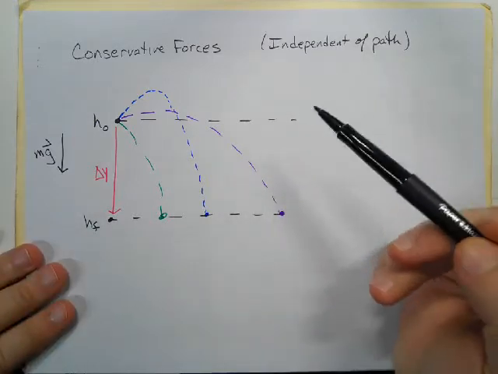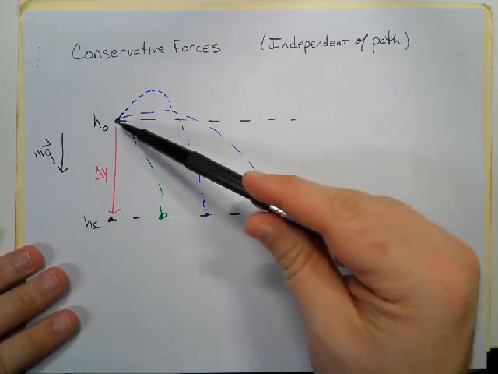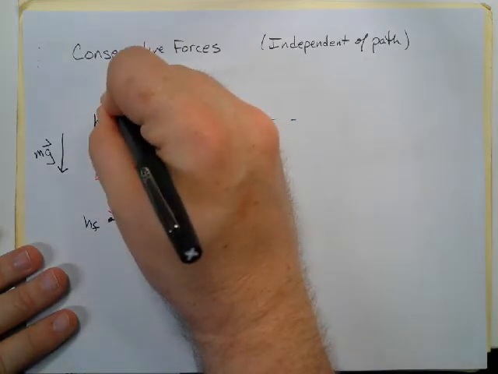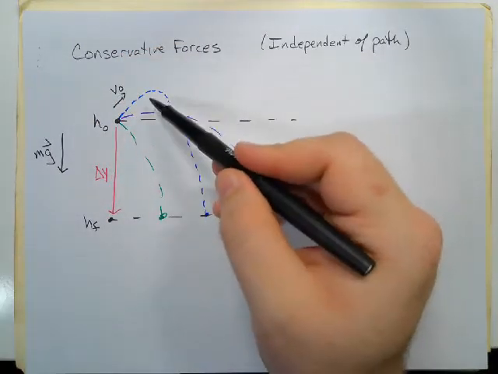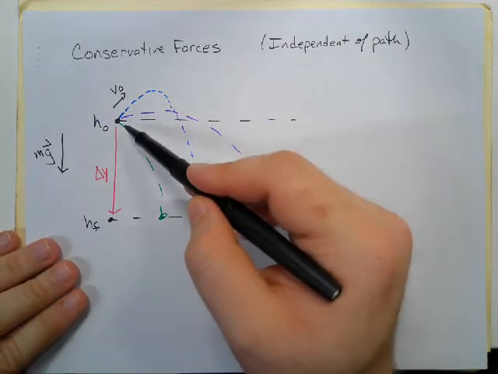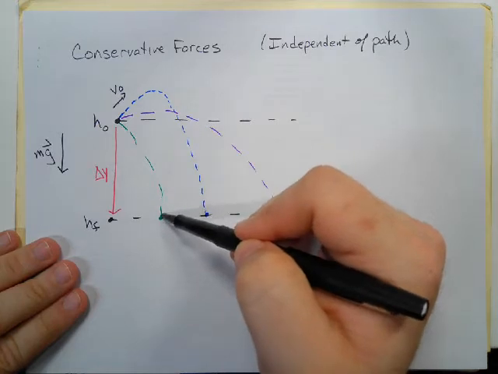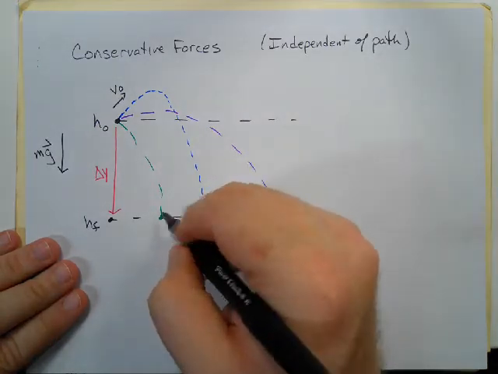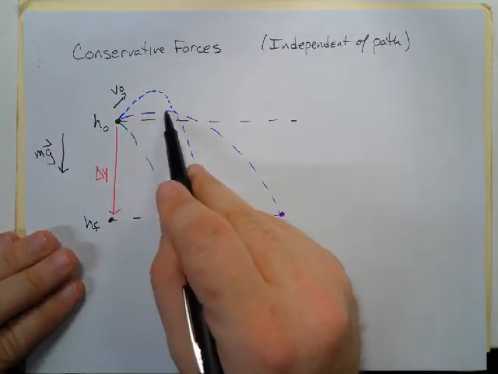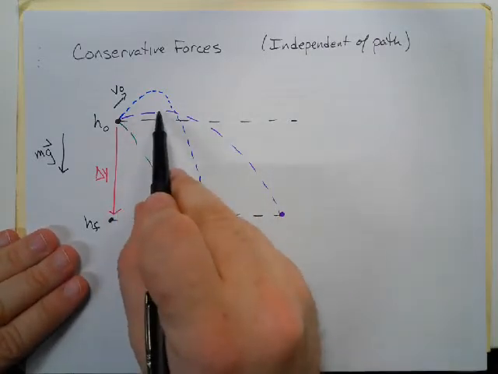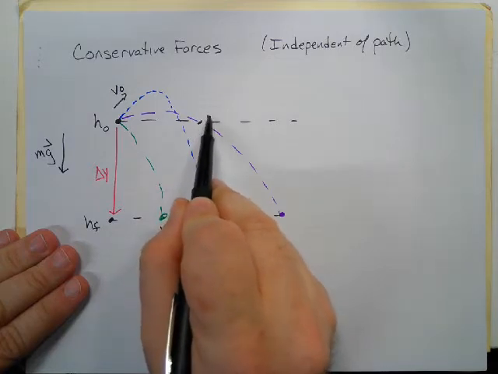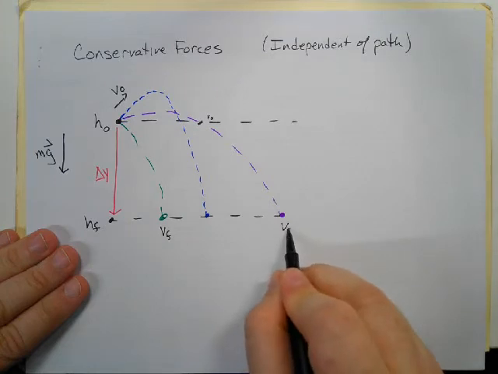What I mean by that is, let's pretend I'm going to throw an object, and it's going to go from this height to this height. I'm going to give it some initial velocity, v initial. It doesn't matter what particular angle I throw the thing at. On this green path, it's going to get down here and have v final. But on this purple path, I throw it basically upwards at a shallow angle, and it slows down as it gains height, but then it falls back, and at this point, it'll have the same v initial, and then when it gets down here, it'll have v final.